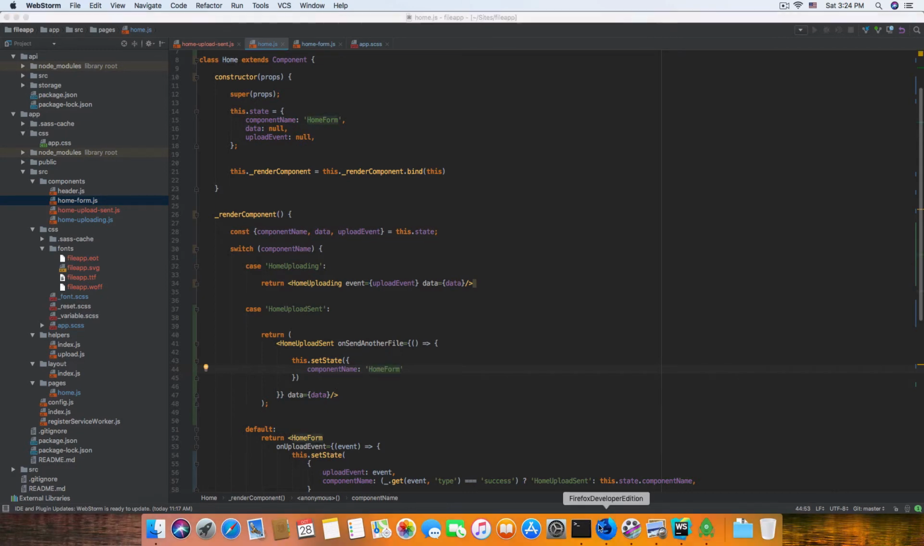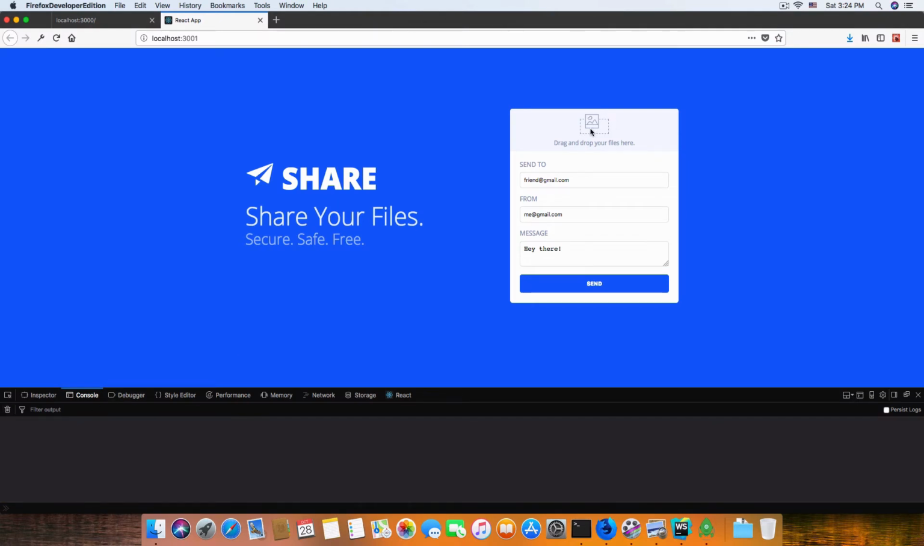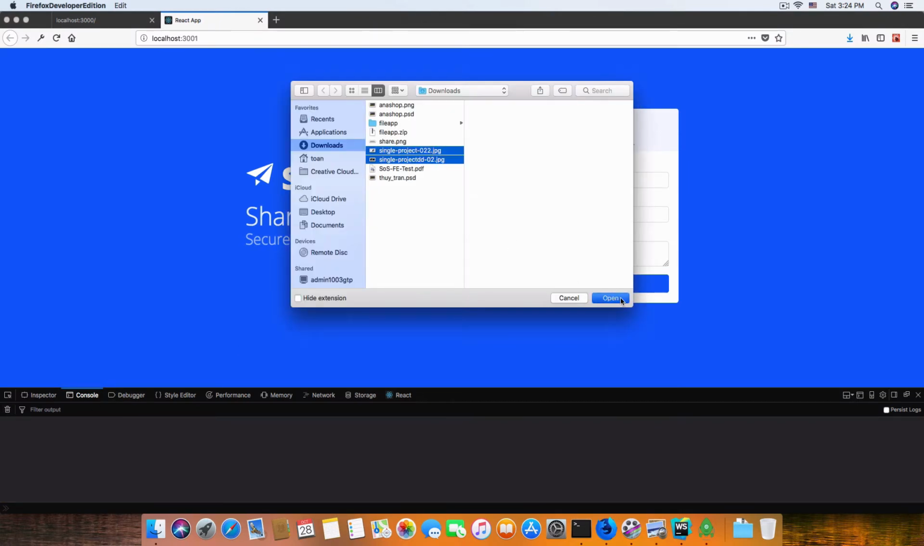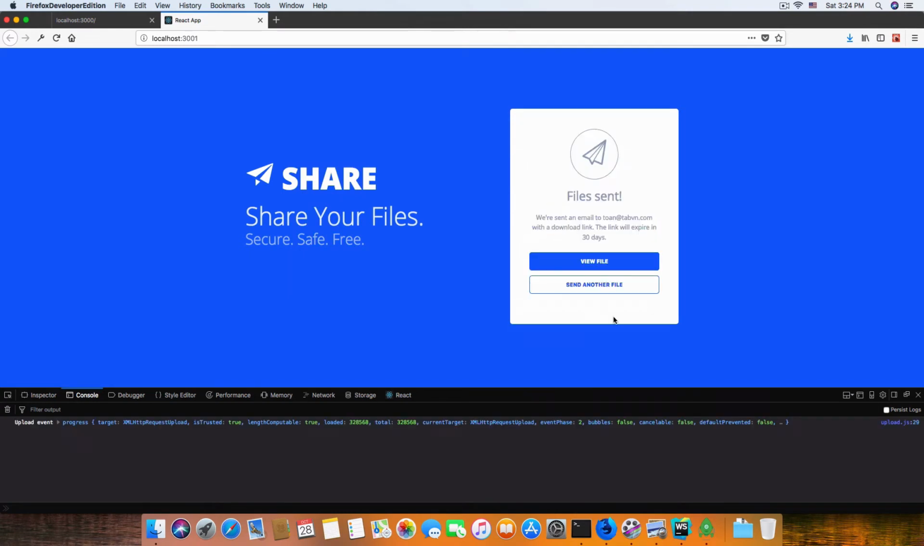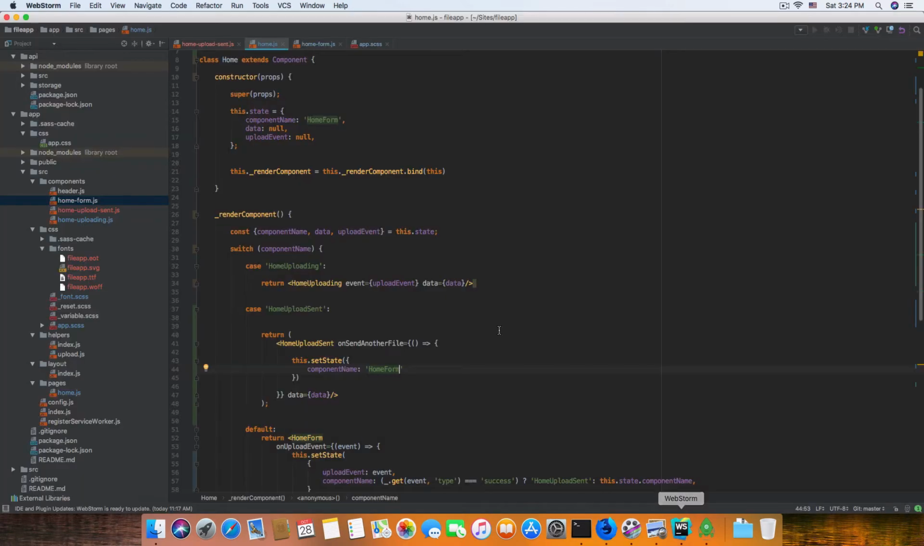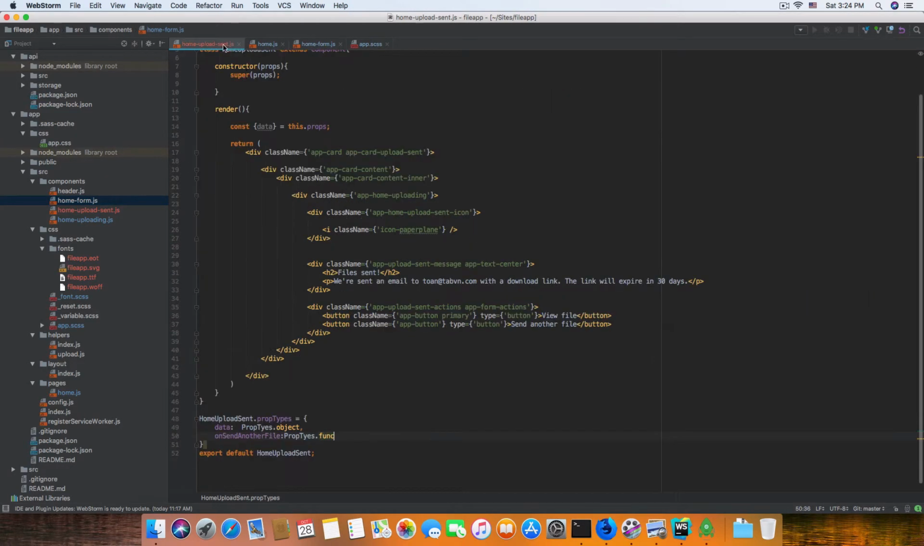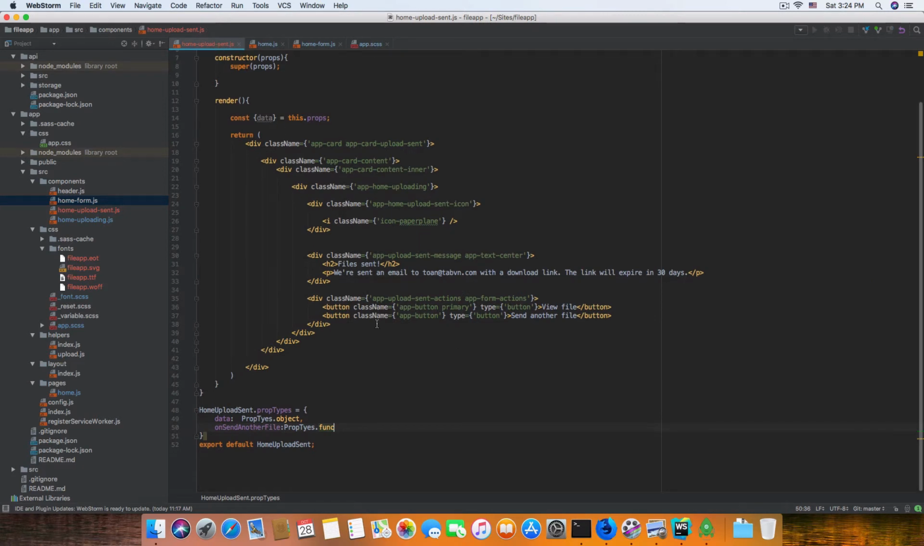So let's take a look and make a new test. Right, this send button. Now send button. Okay, so we have that. Alright, this send. Okay, I forgot to implement the on click button. Let's take a look in home uploads file send. We have the send another file button. We need to implement on click. On click button, so basically we can do this event,